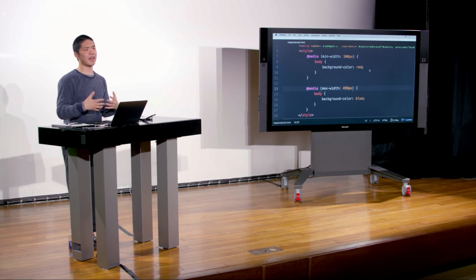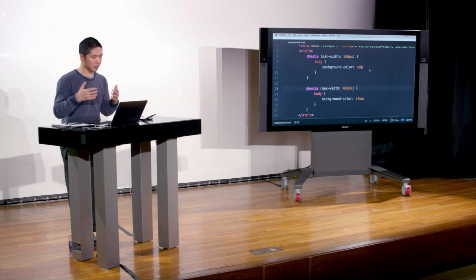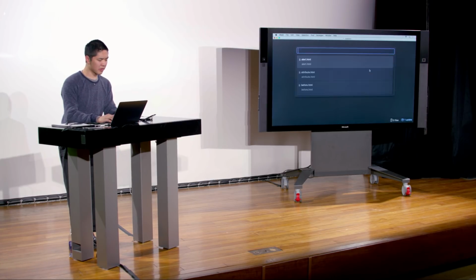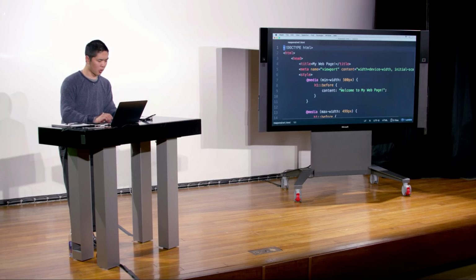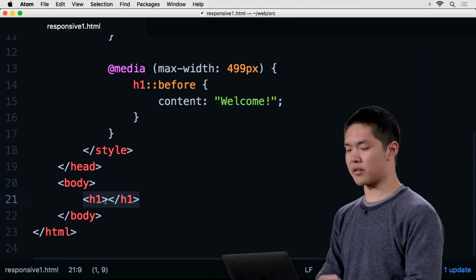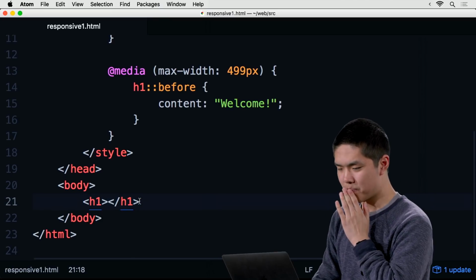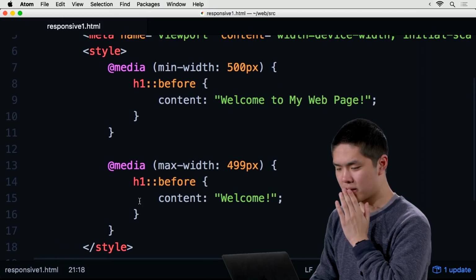So in reality, we probably don't care all that much about that. We want the wider screen to have a red background and the smaller screen to have a blue background. But we might care about something like this, which is a little more involved. I have a body, and right now my headline is empty. It's just an H1, sort of an empty headline. But we're going to fill it in with content, but that content is going to differ based on the size